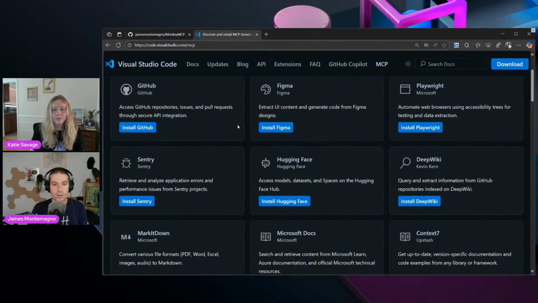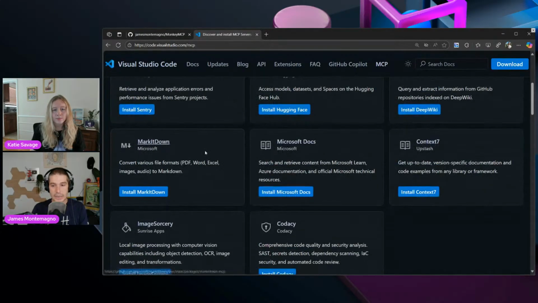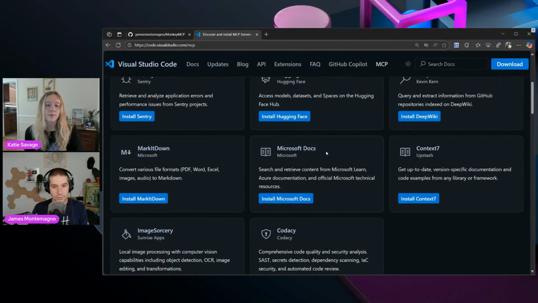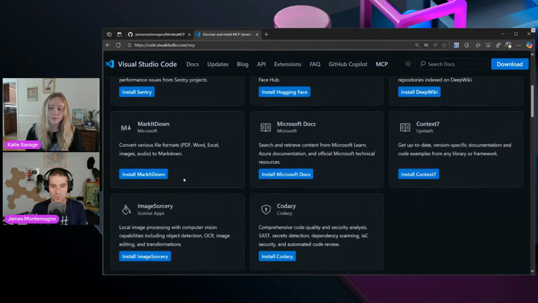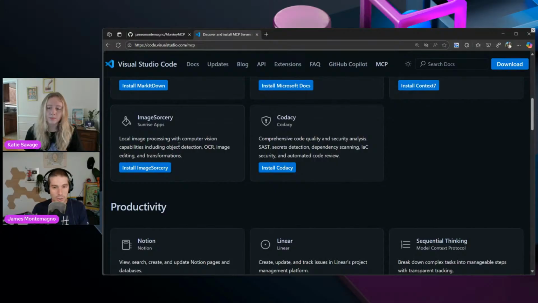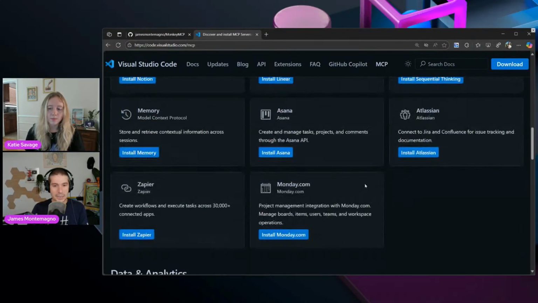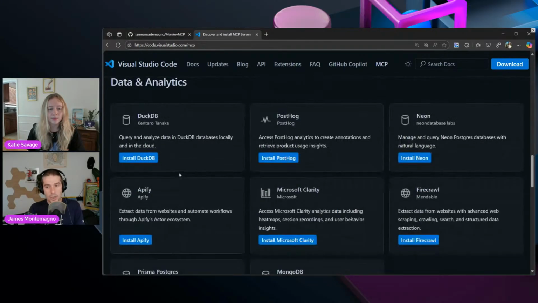You can see there's one click install to get it inside of your VS Code. You can see things like Microsoft Docs, Markdown, so you could convert PDFs to Word files and audio to Markdown, which is really awesome. A bunch of local image processing and OCR, that's awesome. You could connect to Notion or Atlassian or Zapier, or your databases.